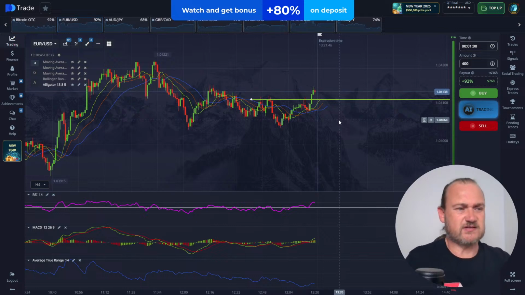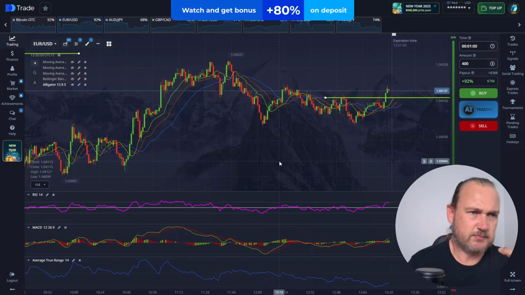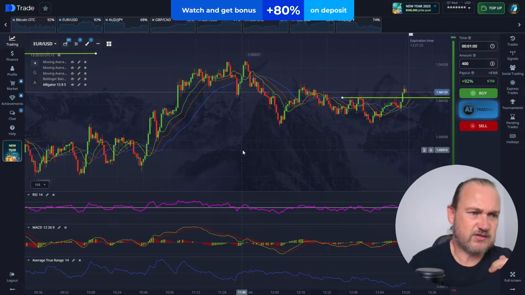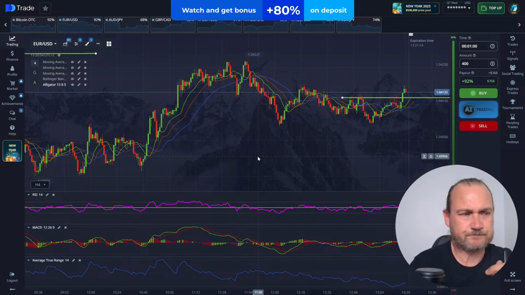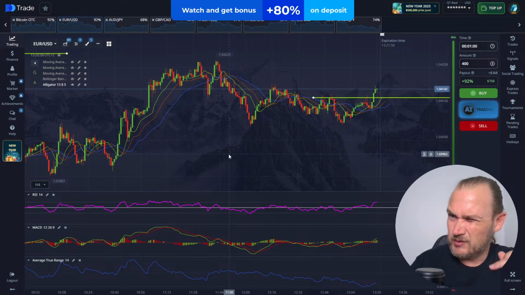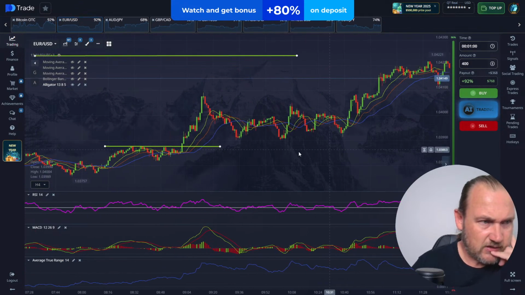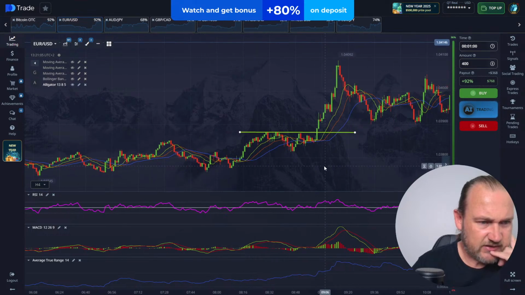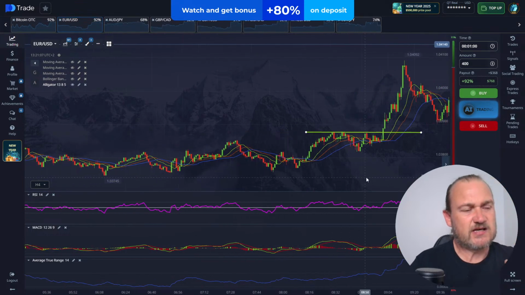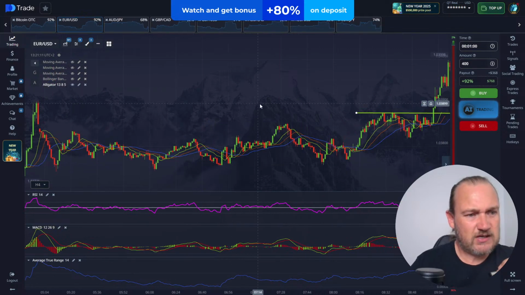So yeah, another way that people like to use the alligator is alongside the MACD. We did a video, I think last week, on the MACD. So again, we need to find an area where price is trending. Once price is in a trend, we can look for